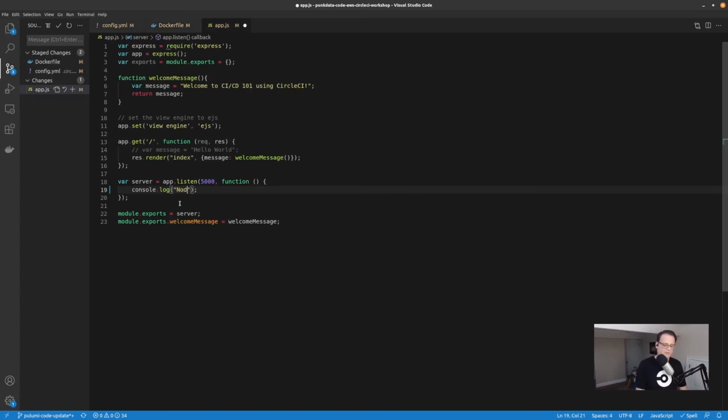So basically, we got to change some code, and I want to add just a quick message here, "node server running," and then I'm just going to add some dots or whatever. Then I'm going to save it, and I'm just going to go through my regular flow, right? Like, I don't know, let's see, "trigger build," right, as a commit message, just to speed things along.